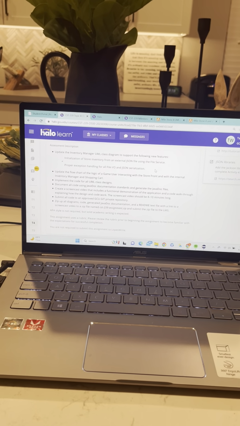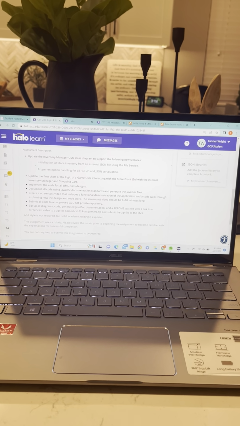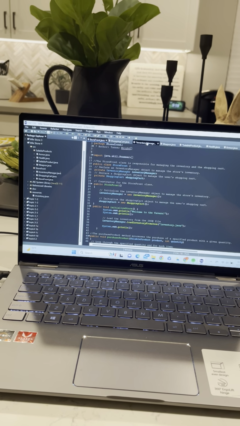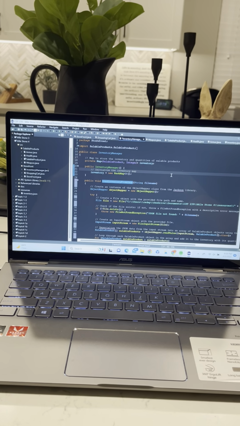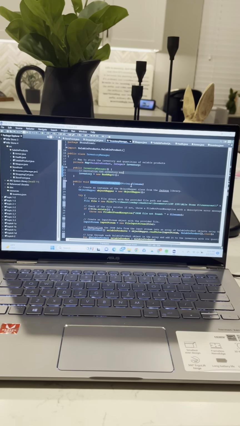Deserialization as well. So we were to update our flowchart in UML, which I did submit, so I'm not going to go over that. I just want to go over code here. So let's go ahead and start with the inventory manager, since that was the main class that was having an implementation in it. Nothing outside the scope of what we've covered before has changed, but I did add